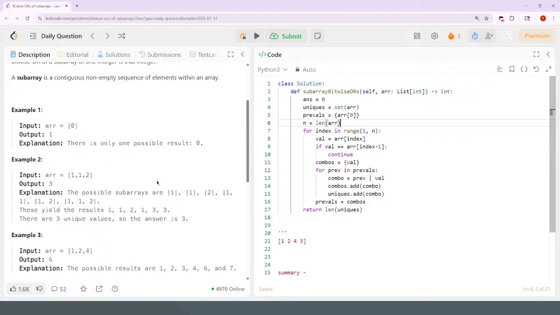Yeah, 1, 1, 4, 2 gives you 5 at some point. 1, 2, 4. 1 combines with 2 to get you 3. If a value in your previous set